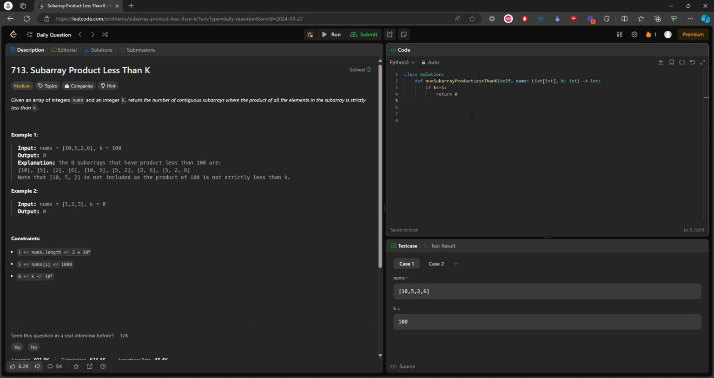Okay, and now let's have our window start L at 0, and we have to have our product, or whatever you want to call it. Let me call it product. Product is equal to 1, not 0. And then we have to have an answer variable which keeps track of how many windows we came across till now. And while R is less than the length of nums,